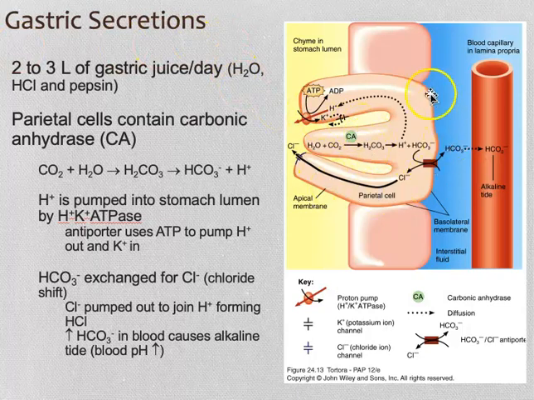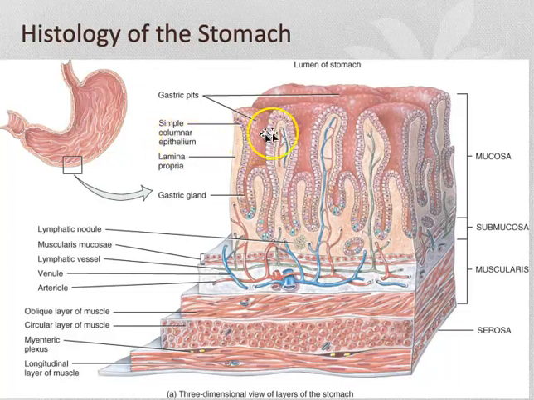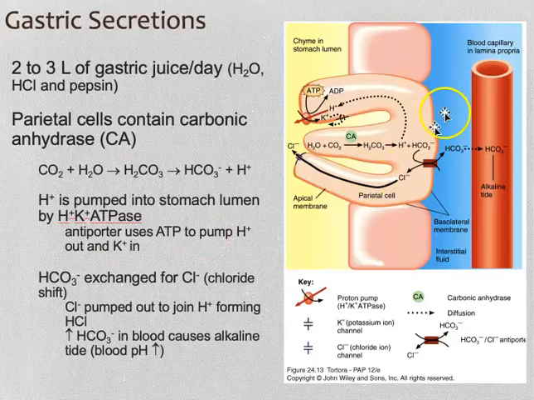Okay, so here we're taking a look, let me try to orient you in this diagram. This cell right here is a parietal cell. It's just a super up close view of it. This is the lumen of the stomach, and then here's a blood capillary on the outside of the stomach. We can think of it like we're down in here, and that blood vessel is right here. Okay, so going back to this image,